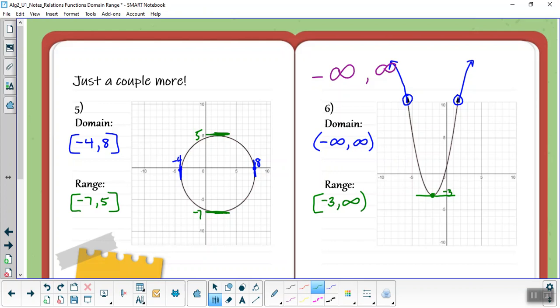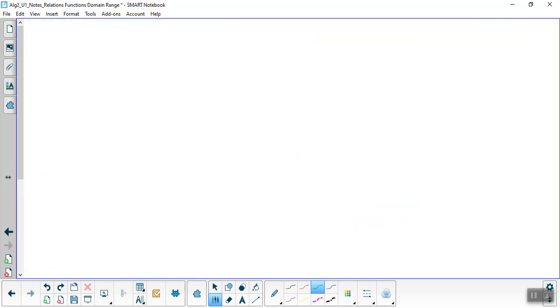And that is just a quick overview and reminder of what domain and range are. The one thing we did not go through were functions and relations. Those are going to be in your Desmos activity. Let me do that really quickly. So a couple things with relations and functions. So functions,